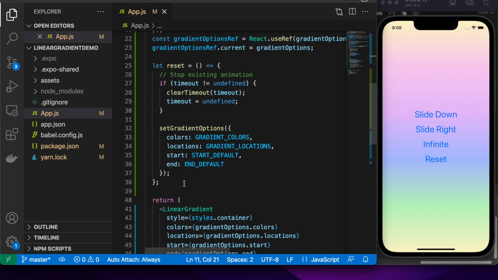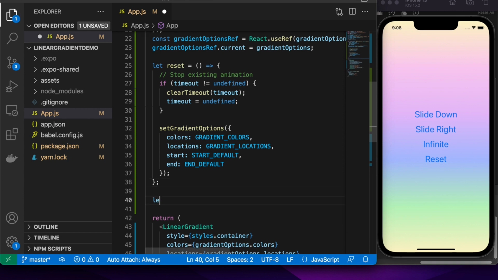So now that I've got that, I can set up my infinite rainbow function. That's, once again, just going to shift through the colors and also the locations. I'll just define the function.